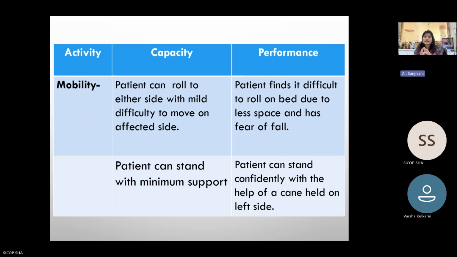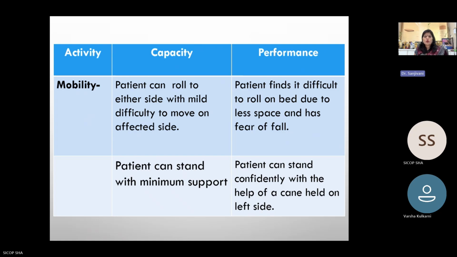Means, for example, take an example of your OPD. We are making the patient sit to stand. So we ask the patient to stand, and he will stand with difficulty, or maybe he will not stand because of fear and all that. But in that case, if we have 3-4 therapists in front of him, holding him, guarding him, then we can make him stand, so he will stand. So in that, his performance will be good. But capacity means he has capacity, and according to that his performance is good. So sometimes it will go vice versa.